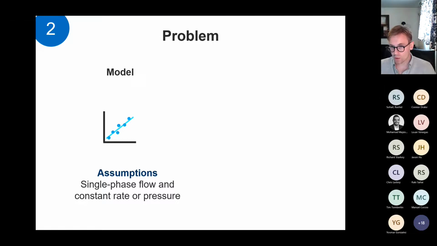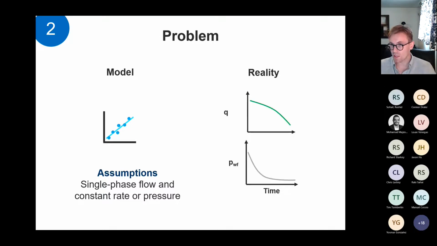While in reality, we're dealing with both changing rates and changing pressures. That's what we call superposition effects. But in addition to that, we go below the saturation pressure in most of these wells. So the combination of what we define as multi-phase flow and superposition effects is what this numerical RTA technique is